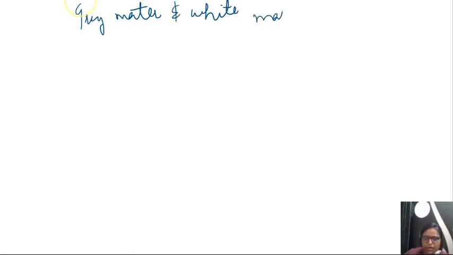You know what is grey matter and white matter? Anyone? It's very easy. You all have studied the structure of neuron, which is the basic unit of your brain. Means it is the fundamental functional unit of your brain cell, which is neuron. Fine. So if I draw the structure here,